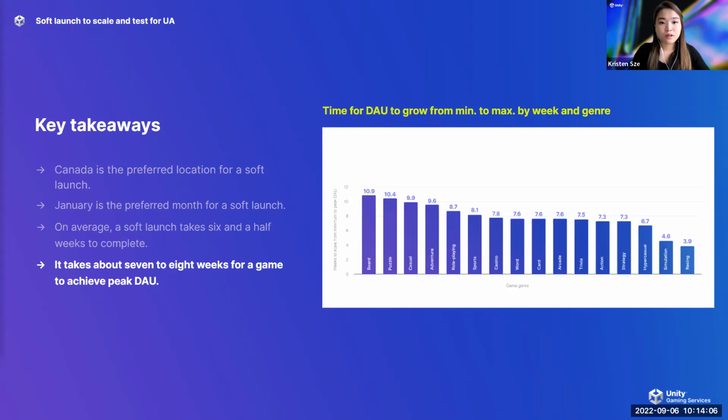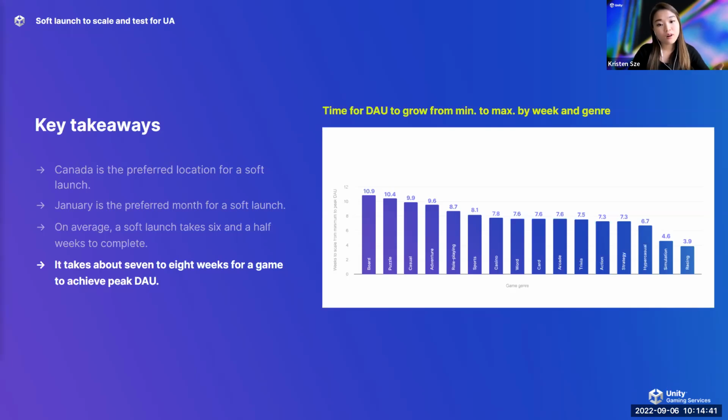Another benchmark number that a lot of developers are interested in is, how long does it take for games to reach their peak daily active users after they formally launch their game? The length of this period actually depends on how much your ad spending budget is, what media channels or strategies are being leveraged to advertise your new games, and of course, how tuned in are the gamers in your specific genre to new games that are being released into the market. On average, we found that it takes around 7 weeks for games to reach this peak daily active users.